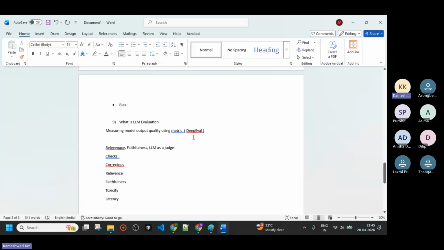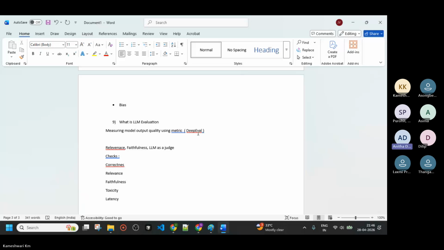On top of this, we check whether the answer is relevant to whatever question the user has asked. Faithfulness: is it a correct answer or not? How accurate is the answer? We are going to check. To make it better, we keep one more LLM to compare whatever the user asked with the answer received, to see whether it is giving the correct answer, as an LLM as a judge. We keep these metrics and evaluate with the help of deep evaluation. Clear?